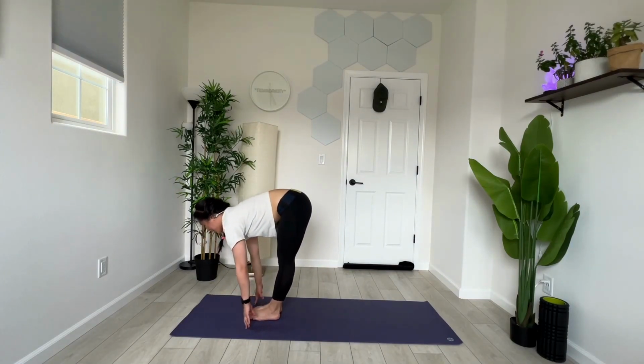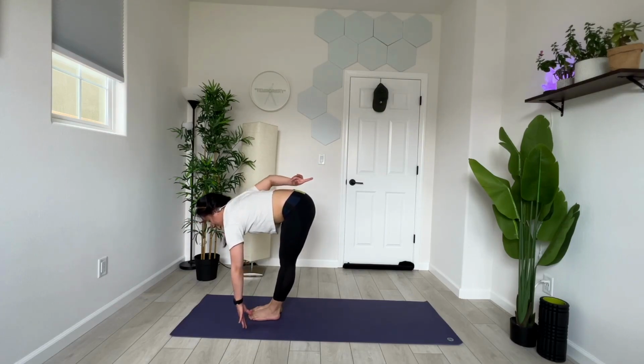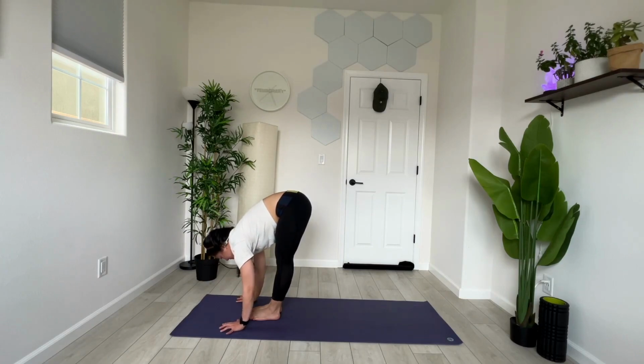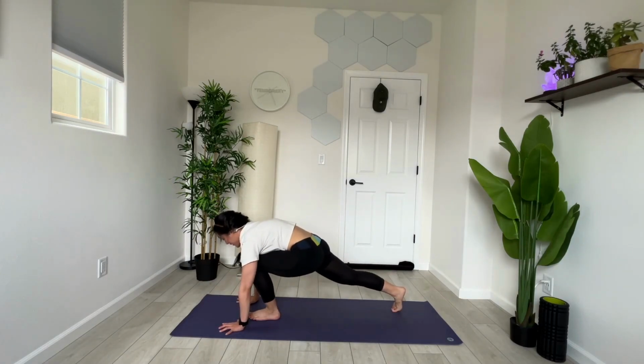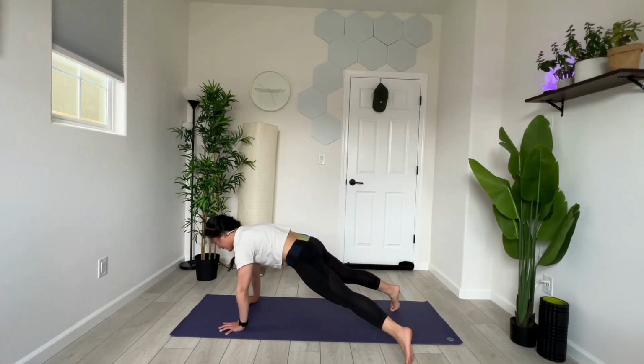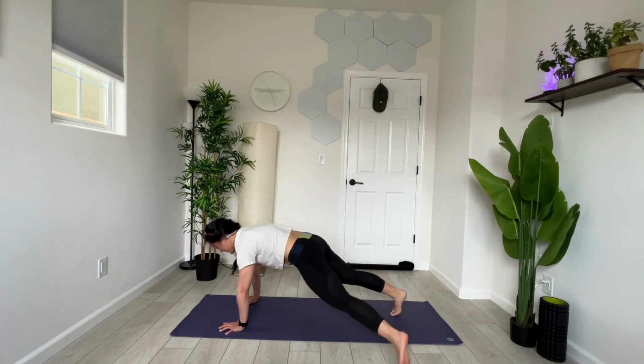Inhale as we halfway lift, stable table from the crown of our head all the way down through our tailbone. Exhale as we plant our palms. This time, step our right foot back first, followed by our left. High plank, top of a push-up position. Now, from here, we'll go into our toe taps. So step your left foot out, back in, right foot out, back in, left, right,